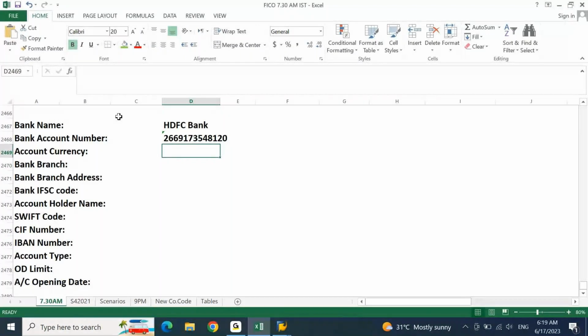Account currency, your bank account should have only one currency. Let's say this account currency is INR. If your company wants to operate in foreign currency also, they will be opening another bank account with maybe some dollar account or any other currency. But basically your company will have one account with local currency, which is INR, and additional accounts with foreign currencies. Assuming this is your INR or local currency bank account,